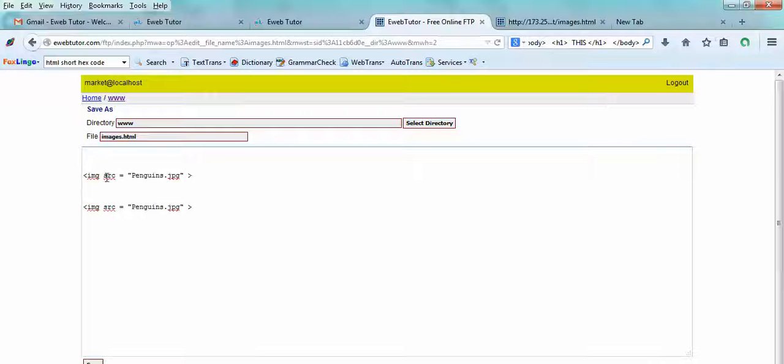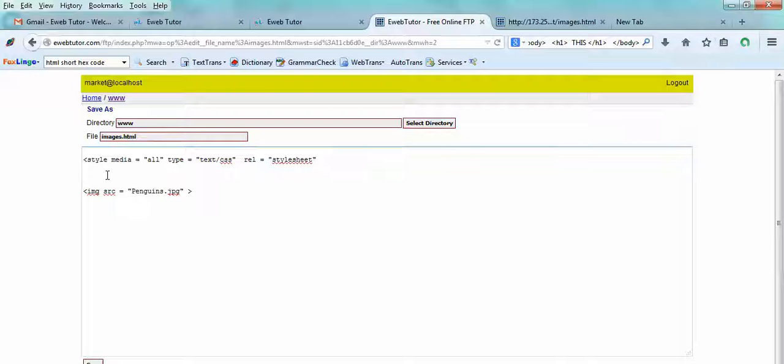So right now the first thing is the opening tag CSS and the closing tag CSS. Style, we want to use the embedded style. Style media is equals to all, type is equals to text slash CSS. Rel is equals to style sheets. Then